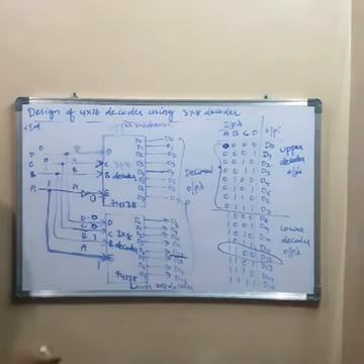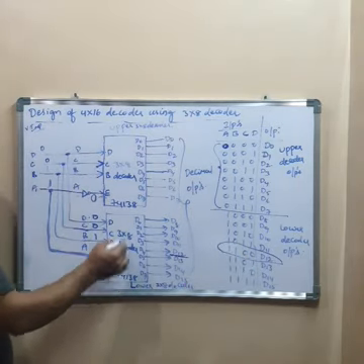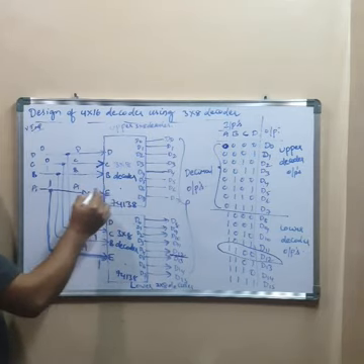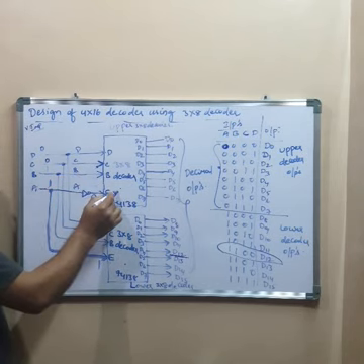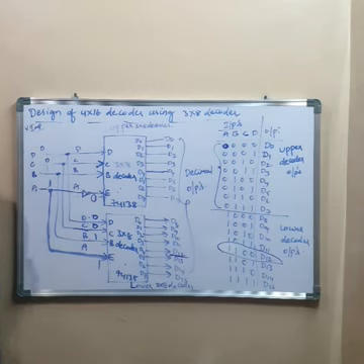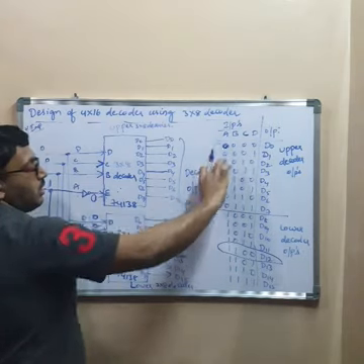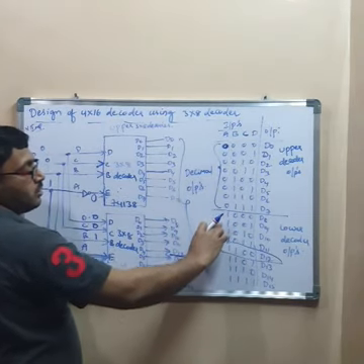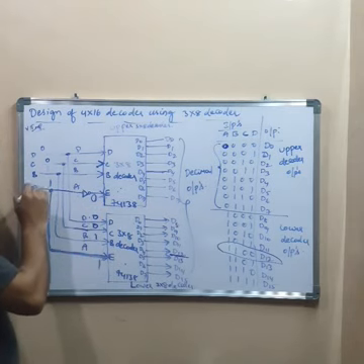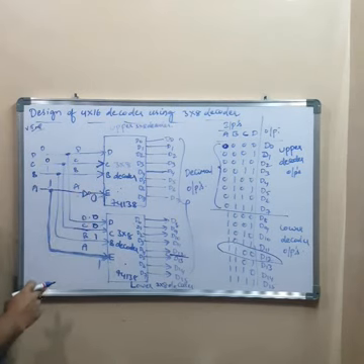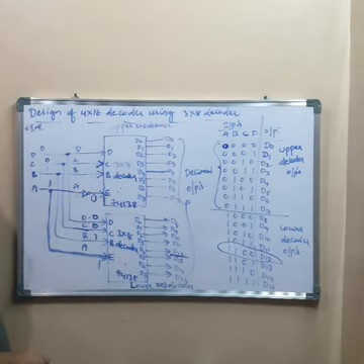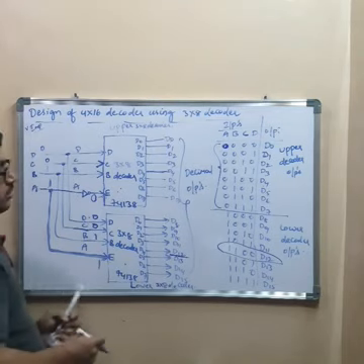So for the first 8 combinations, lower decoder is disabled, upper decoder is enabled, and for the next 8 combinations, this upper decoder is disabled, lower decoder is enabled. Is this clear? Because for the first 8 combinations, A is 0, and for the next 8 combinations, A is 1. We are connecting this A to enable input of the 3 into 8 decoder, so that we can get the 4 into 16 operation using 3 into 8 decoders. Right? You can write the matter in simple way.